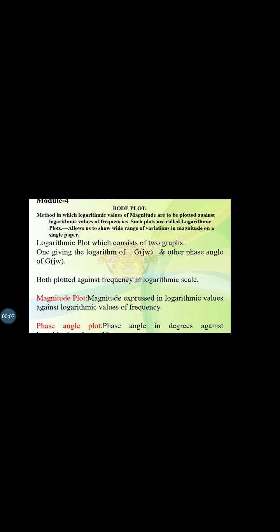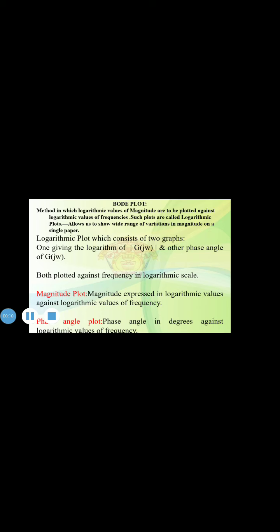So students, in this lecture, we'll discuss about Bode plot. First we'll go to the introduction to Bode plot. Whatever is the basic of any frequency response is to plot magnitude M and angle phi against input frequency omega. When omega is varied from 0 to infinity, there is a wide range of variations in M and phi, and it becomes difficult to accommodate all such variations with a linear scale.